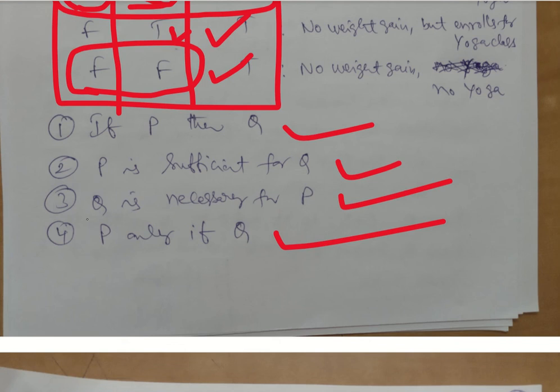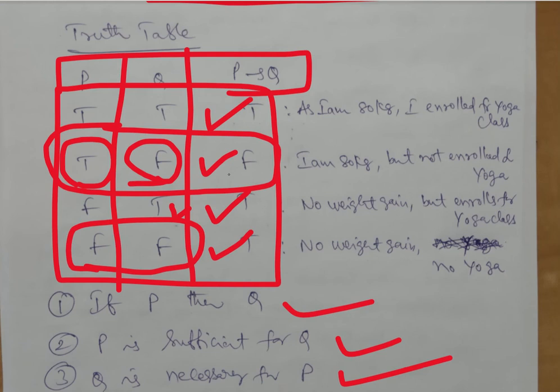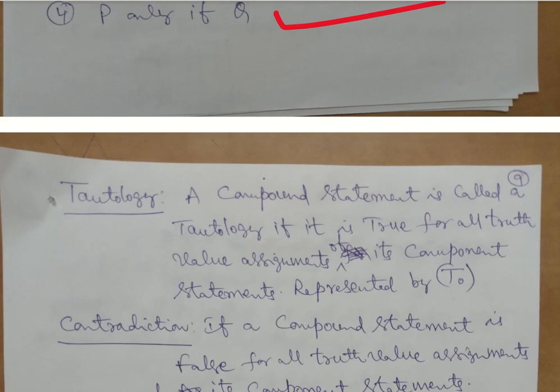And Q is necessary for P. So for the statement to become true, Q is also required, and P only if Q. So P is there because there is a Q. So all these meanings we can attach to implication. Out of interest we can go into them, otherwise these are the various definitions or information we can have in detail about the implication. So nothing to worry much. Just keep a tab on the truth table of implication, because the T and F case is false, and in all the other cases it is true. If you keep that in mind, probably all other things are very straightforward.